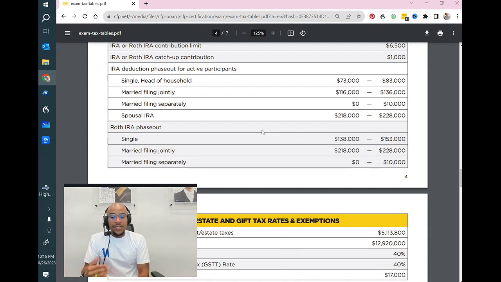But when it comes to a traditional IRA, you have to make contributions based on your earned income, and you cannot contribute more than 100% of what you earned. So if the contribution limit to an IRA is $6,500, but you only earned $2,000 for the year, you're going to be limited and you cannot contribute that $6,500. It's more than 100% of what you earned in the taxable year.